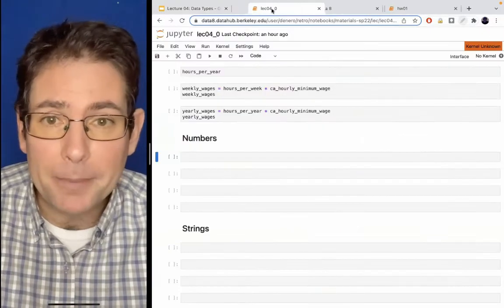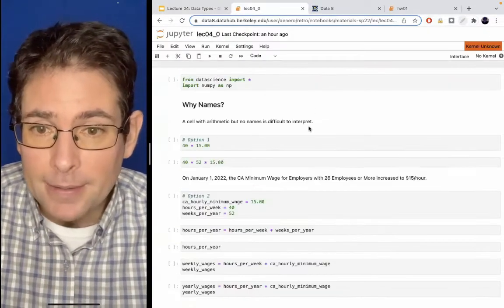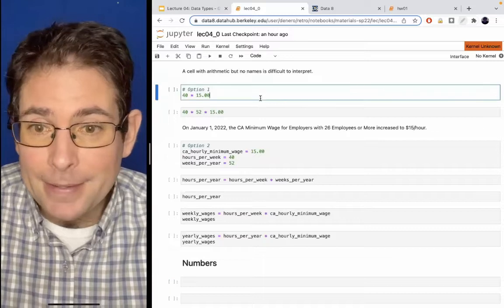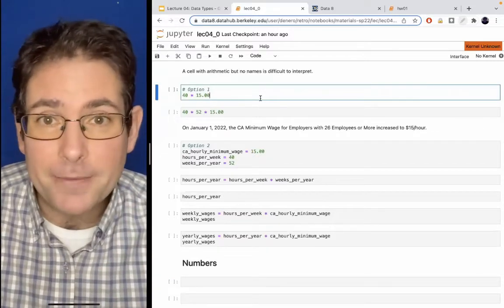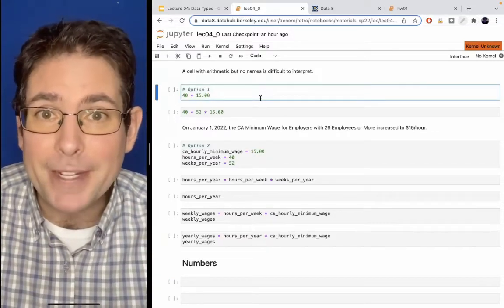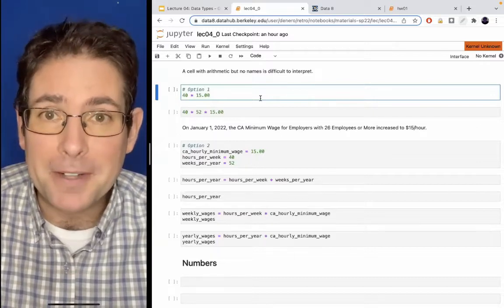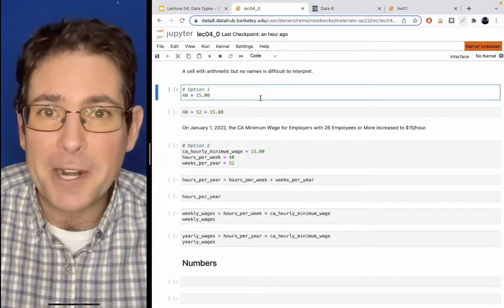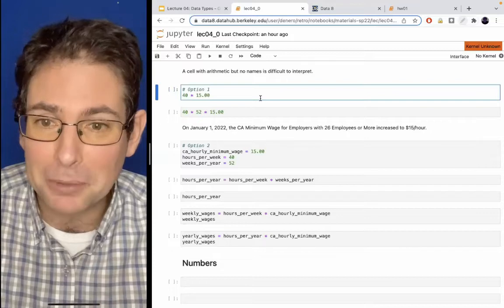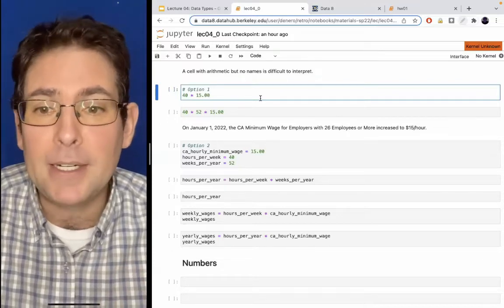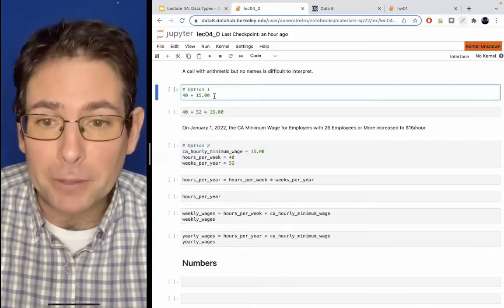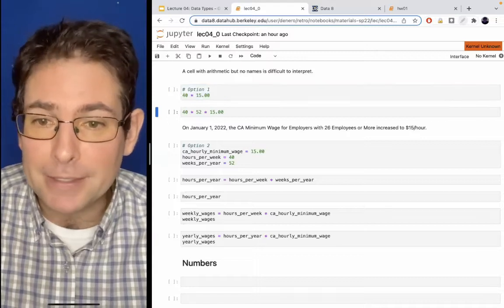So as a quick example of this, if you know, as of January 1st, the minimum wage in California for companies with a certain number of employees, I think at least 26 employees, is now $15 an hour. So how much is that if you work for a 40-hour week? Well, 15 times 40